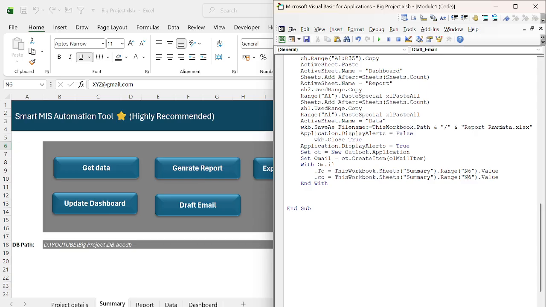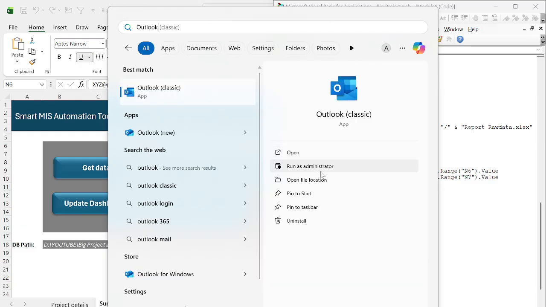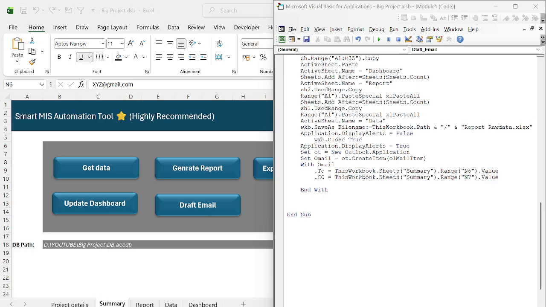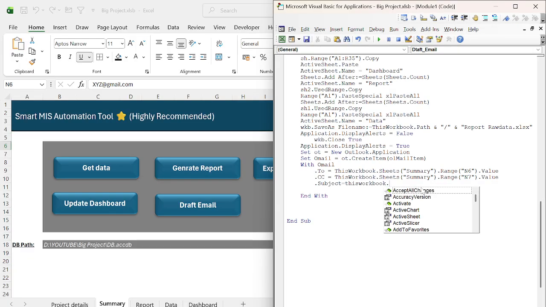In N6 to N7. Outlook. Let me open the Outlook as well. Okay, in the classic mode. Okay, and after that subject, this workbook dot path, some sheet report dot range a1 dot value